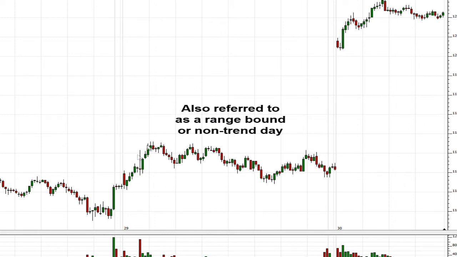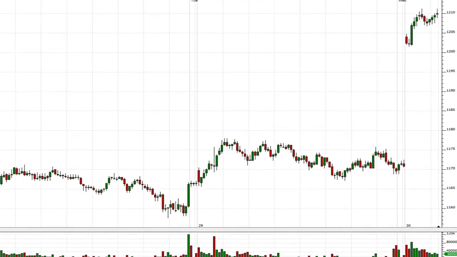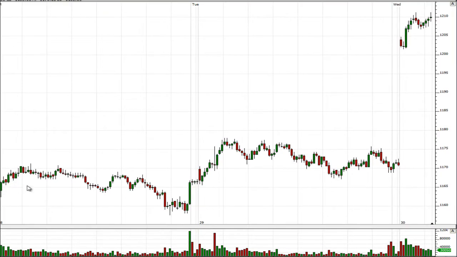It's just basically a day where the market is balancing sideways. Even the one before it here is pretty much the same, just kind of sideways all day long. Yeah, there's a slight downward drift and a rise at the end, but pretty much open and close in the same area, just sideways. There's no directional conviction, right? This day tells you that buyers and sellers as a whole are balanced.